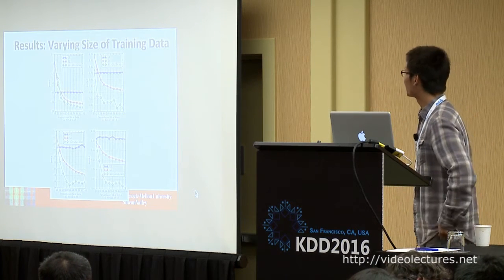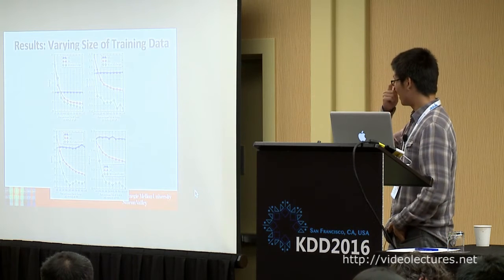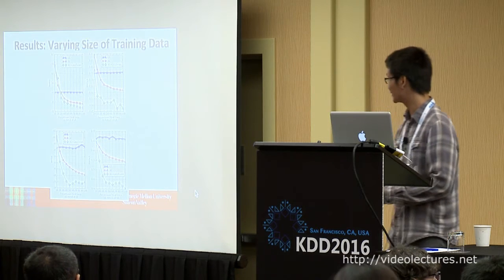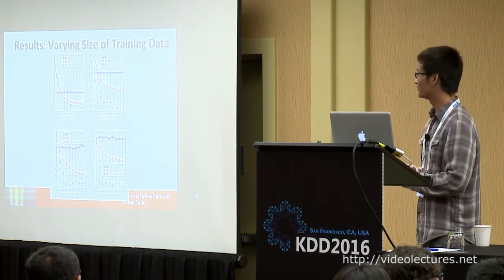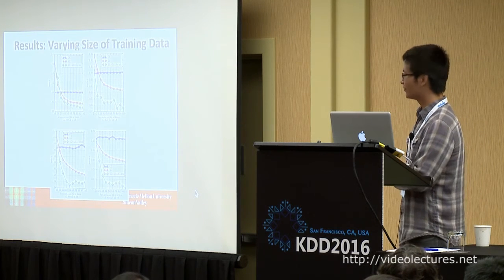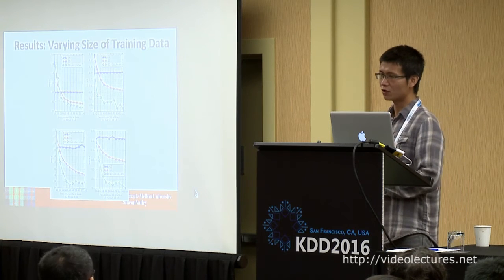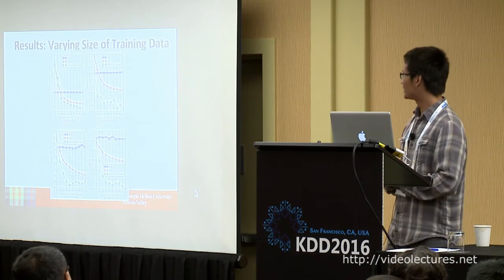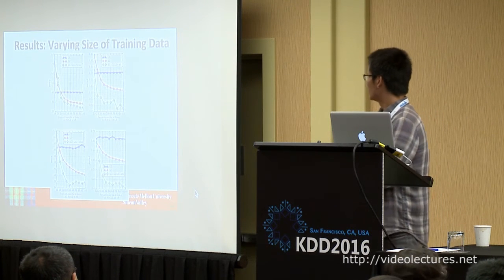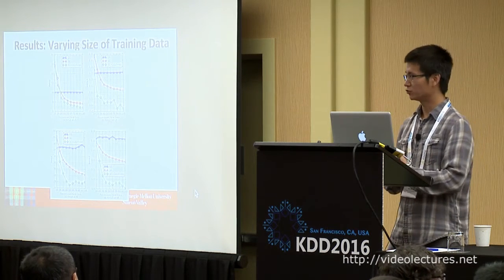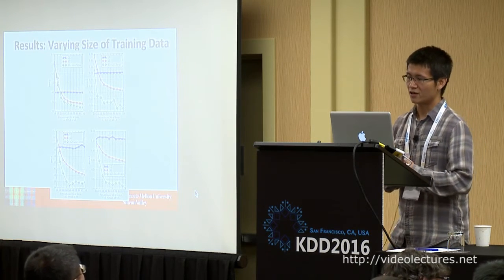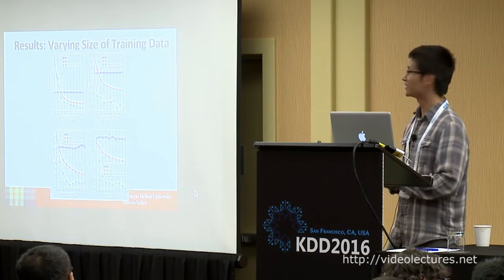It's very interesting to notice that when we have a relatively small size of the training data, like 10% to 20%, the city-centric model performs the best. I think that's because even for the station-centric model, there is not sufficient data to train a robust model. So we can draw the conclusion that when you have a very small amount of training data, we had better use the city-centric model